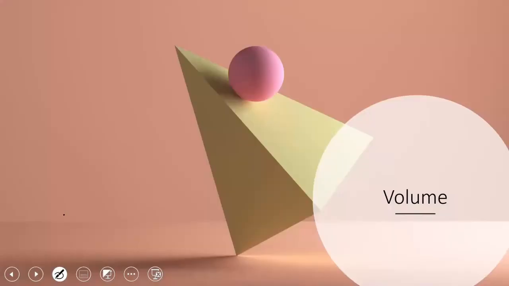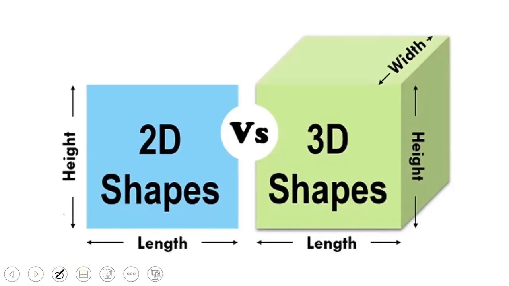Hi guys, in this video we're going to be going over volume, okay? And remember, volume is very similar to area, but it's just a little different because there's just a little bit more depth. That'll make more sense in a second. Ready? Let's get going. So in volume, the primary difference between area and volume is that area is two-dimensional and